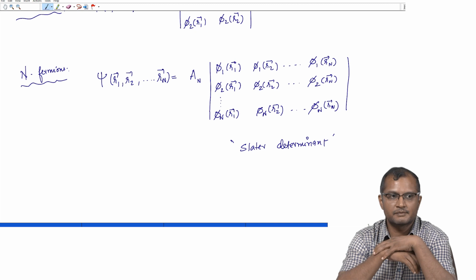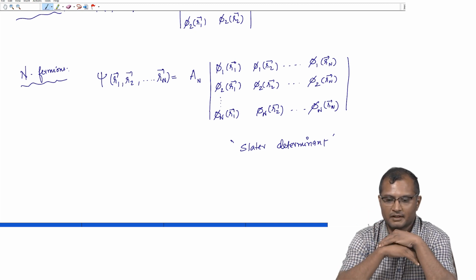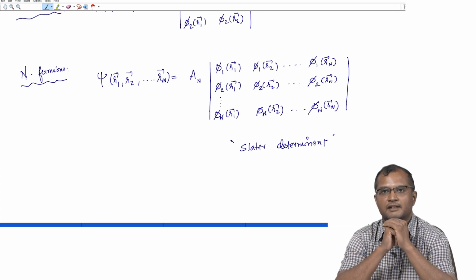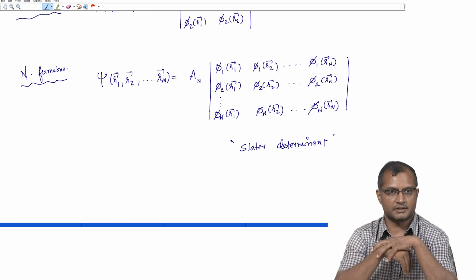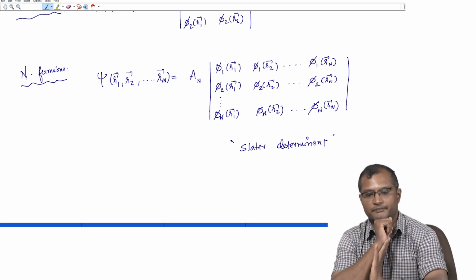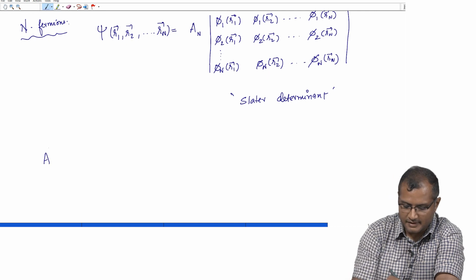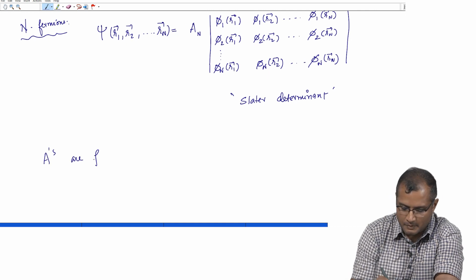With 3 particles, you had 6 because that is 3 factorial. So, with n particles I can construct n factorial permutations. So, this normalization constant is fixed. Okay. So, these A's are fixed by the normalization